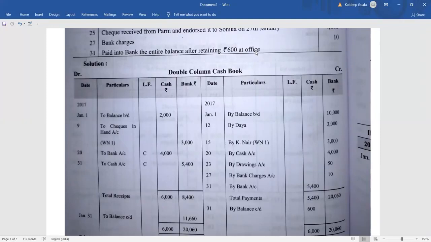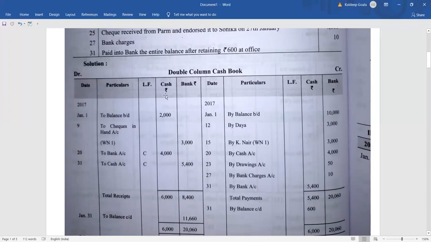So how will you know how much balance you are having? In this type of situation, first of all, you find out how much cash balance you are having. So first of all, find out the balance amount you have. So let's see how to calculate that. First of all, what will you do? You find out the total of both the sides. यहाँ पे डबल बैलेंसिंग करेंगे, हम लोग, ठीक है? So first of all, you find the total of debit side and find out the total of credit side.